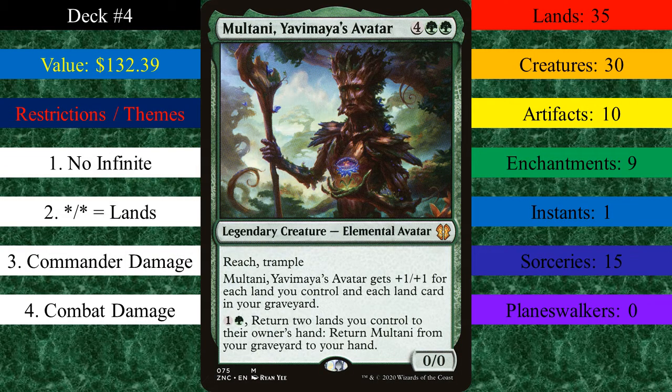Alright, it's been a while, but let's get into deck tech number 4. This one will be for Multani, Yavamaya's Avatar. I do want to make this one pretty short because it is relatively simple and straightforward in how it functions. There's not much to say about the